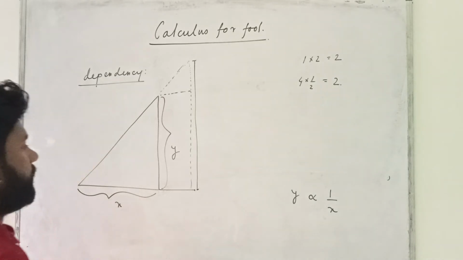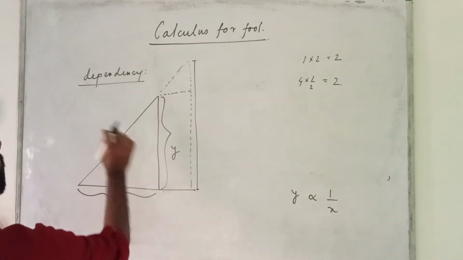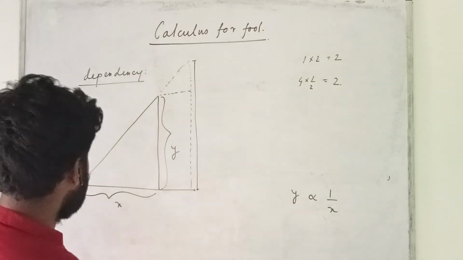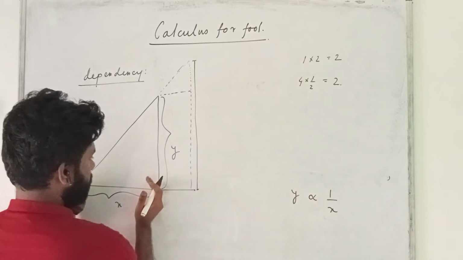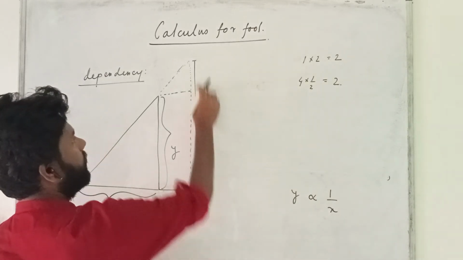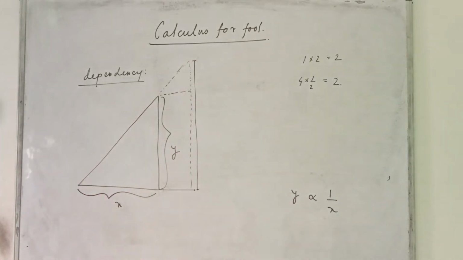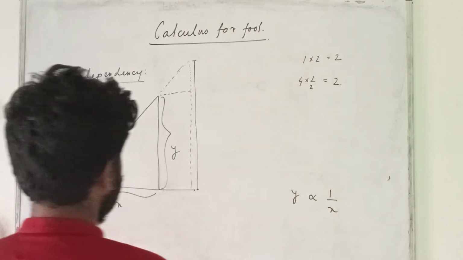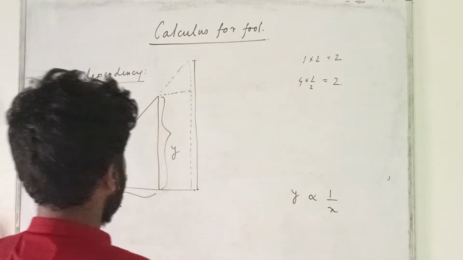If I restrict here, the slope should be unchanged and constant. So if you increase the length of the base, you should increase the length of the height. Okay. So here you can draw a relationship between y and x